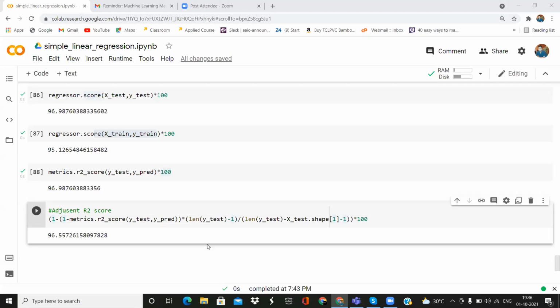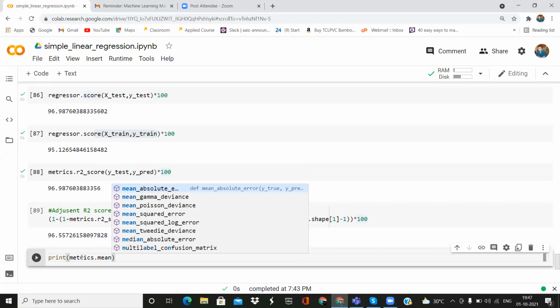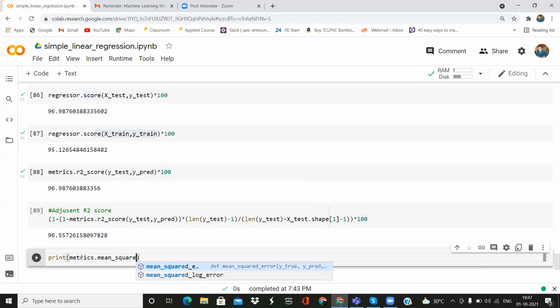Mean squared error may not give a perfect result here, but let me see. We have already imported it.